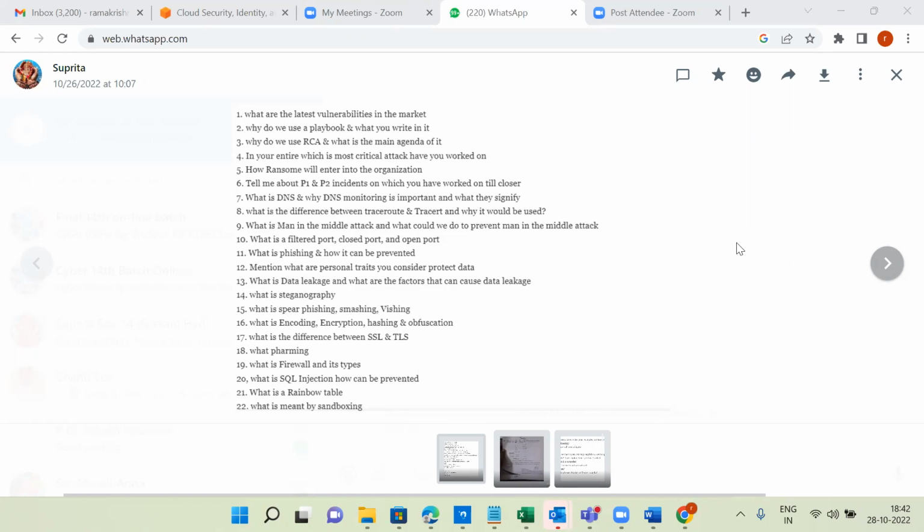First one: what are the latest vulnerabilities in the market? You know this one already. As I said, in the vulnerability report I already gave a couple of vulnerabilities. Considering even the past 6 months or 1 year: last year, in July, we had a supply chain attack related to the SolarWinds zero-day attack.